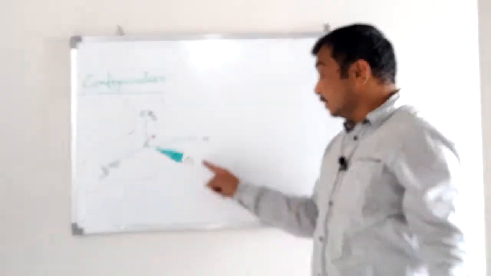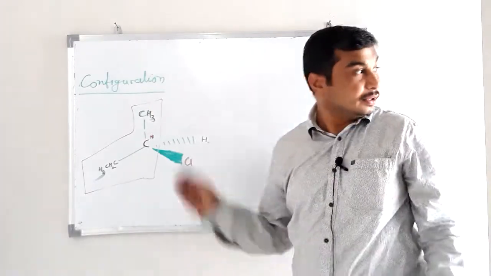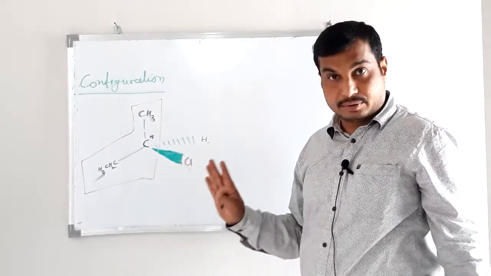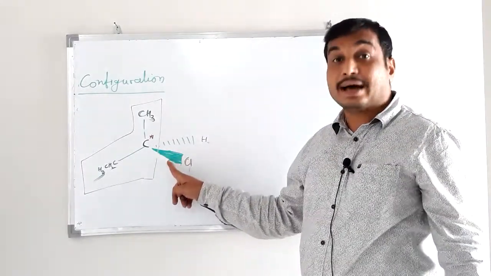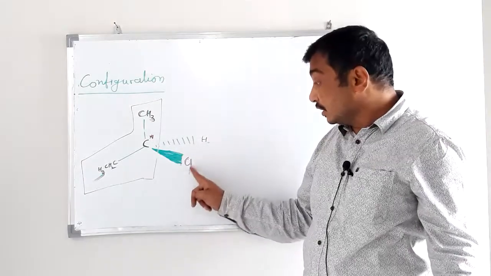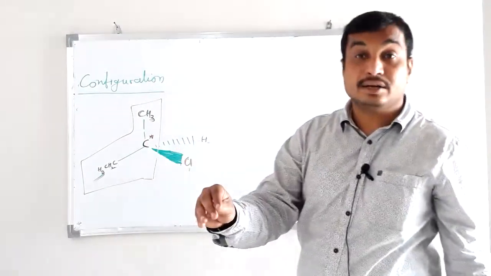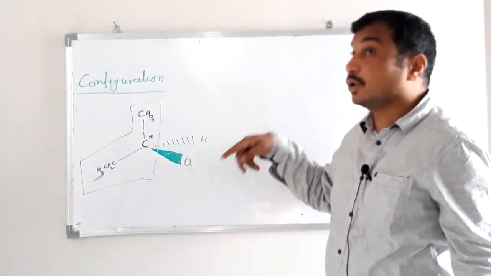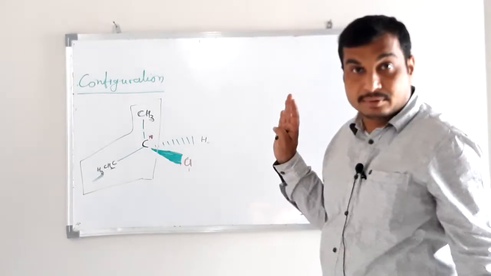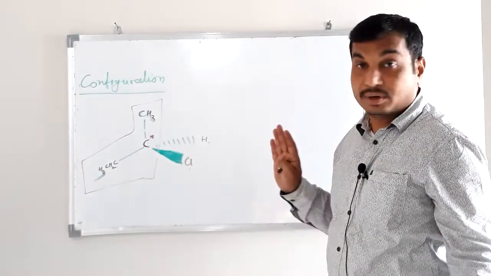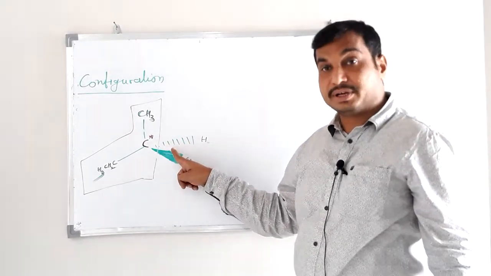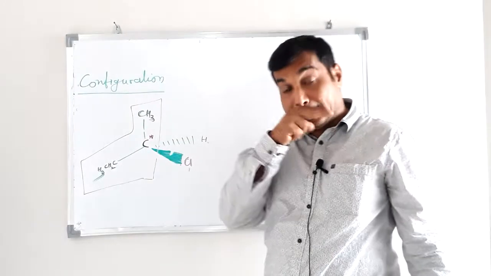Now this chlorine group is moving toward the observer on the front side. This is understood from this bond. Chlorine attached to carbon by a dark bond or wedge bond means this chlorine is present on the front side, moving toward the observer. Again, this hydrogen is present on the back side of the plane. It is moving away from the observer. It is understood by this bond, because hydrogen attached to carbon by a dash bond means it is present on the back side. So we know everything about this molecule.